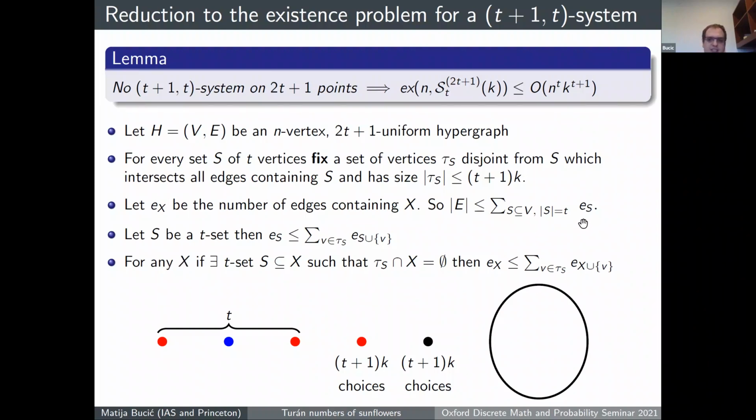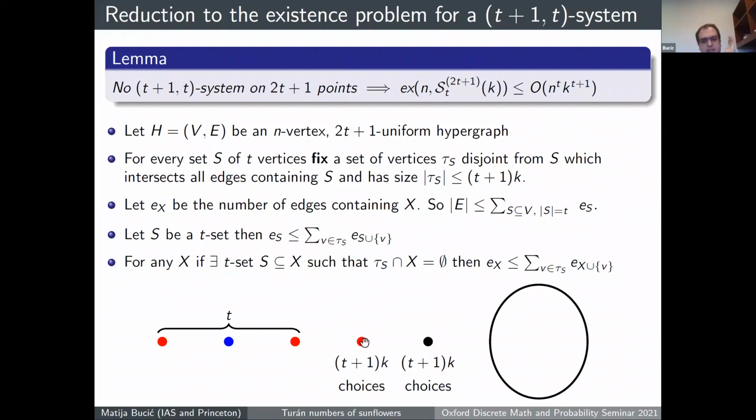But what comes to the rescue is this fact that every edge contains many different subsets of size t. So if we run this argument starting from any t element subset, as we do in this first step, then so long as we count that edge for some t element subset S, we are happy. It can be stuck in every other t element subset S, and we're still good with that. And so in the case that really every edge was counted at least once through this process, then we really get our desired